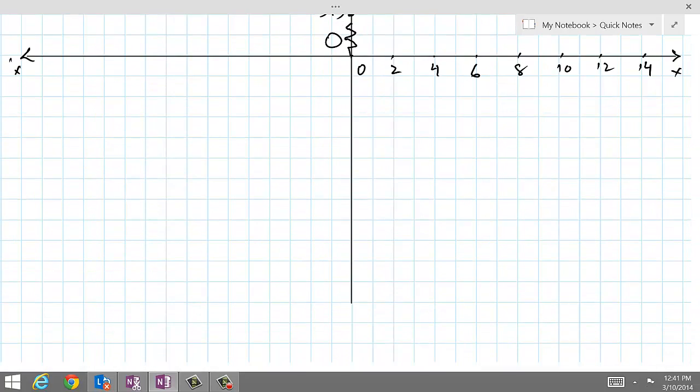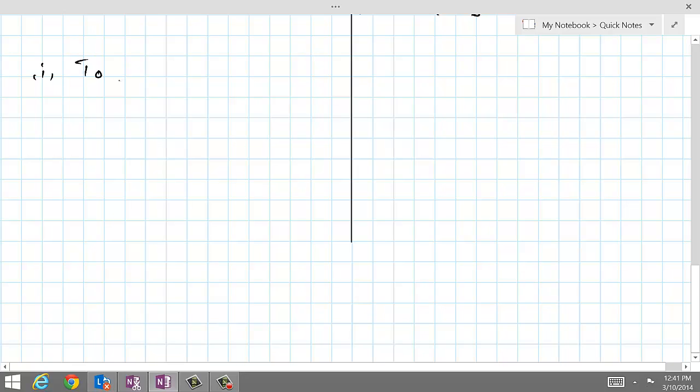And what are those questions? Find the value of y at x equal to 13.2,